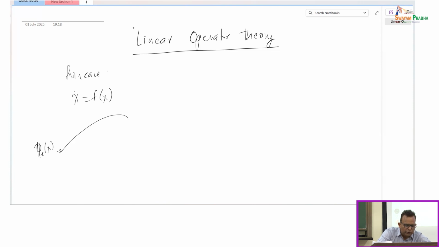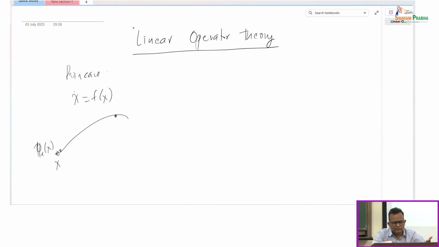So one of the notations we use is phi t of x. What does it mean? You start at initial condition x and you want to look at the flow. So he introduced the terminology, you want to look at the flow of the dynamical system, and the flow notation is phi t of x. So what does phi t of x mean? It means that starting at some initial condition x, you want to know where the system will be at some